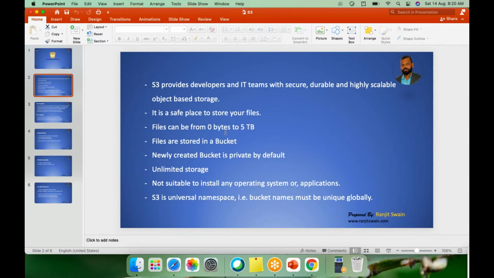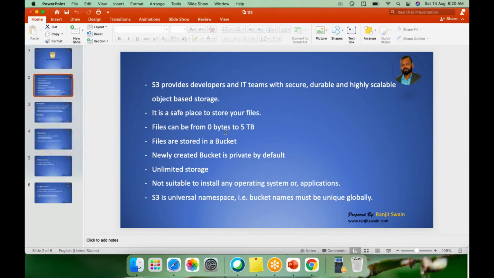Okay, so also S3 provides a very good service for the developers and the IT teams to secure and store their project codes. So whatever project, the entire project, they can store it. Because any developer, when they work on any kind of project or write any code, always chooses a repository to store and manage their code.